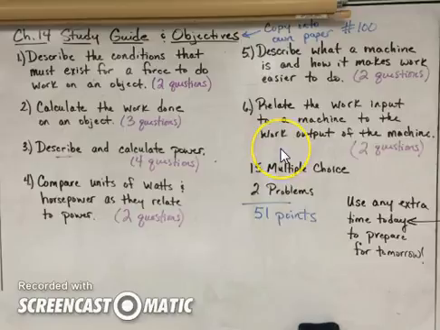And then finally, you need to know how you can make the work output of a machine greater than the input. And if you think about that for just a minute, listen to that question one more time. How can you make the work output of a machine greater than the work input? That's a multiple choice question. I'm not going to tell you what the options are to answer that, but if you listen to it closely and paid attention during class, you're going to know how to answer that when you see the answers. So that takes us through the 15 multiple choice